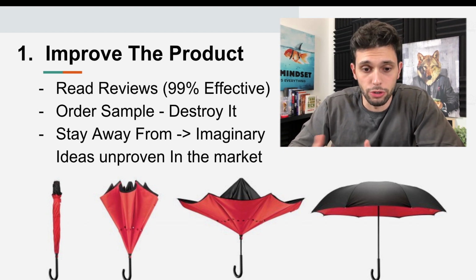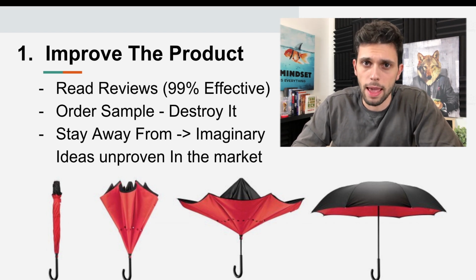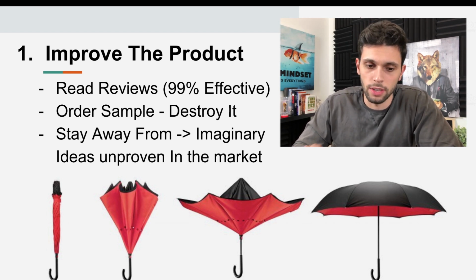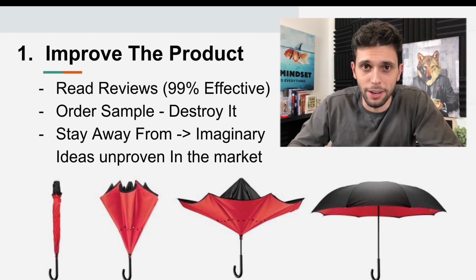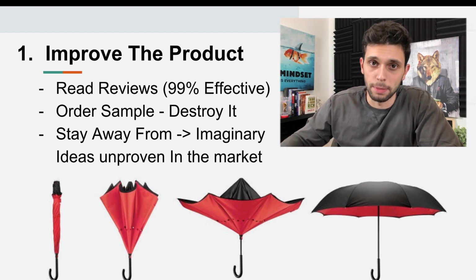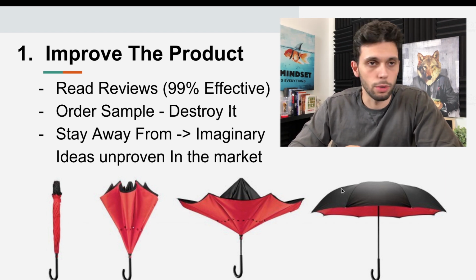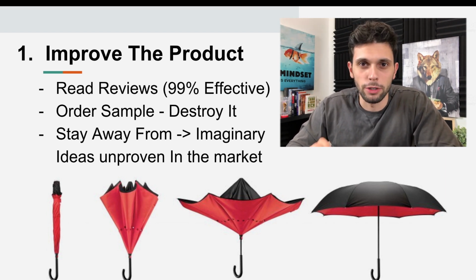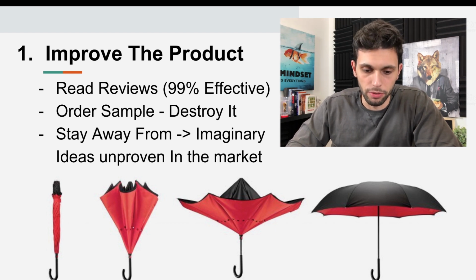First thing you need to do to understand how to improve a product is to read the reviews. And this right here is probably 99% of what I do on Amazon and the way I improve products and take over niches. I read reviews, good and bad, and I have the answers right in there from the customers on how to improve the product. So use your competition as the way to beat your competition. Another thing you want to do is obviously order samples. If you want to improve the product, you want to destroy them, rip them apart and see how good the samples are and how good the product is. That's also going to show you a couple ways to improve it.